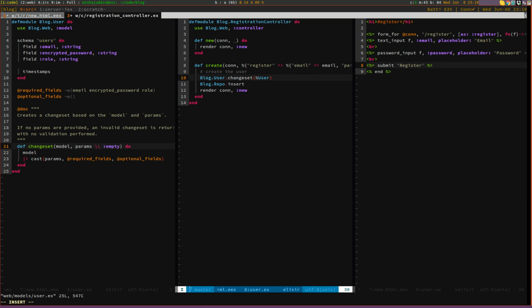Change set takes a user, and actually we could just, yeah, so here we're going to say email is email, and actually we'll make this simpler. I'll say register params, and we're inserting this change set here, so let's do that,